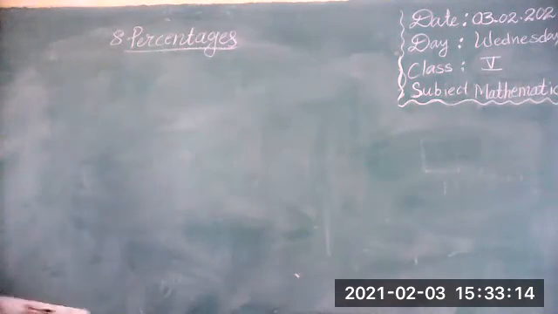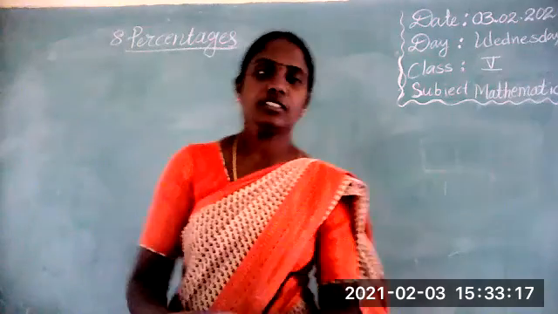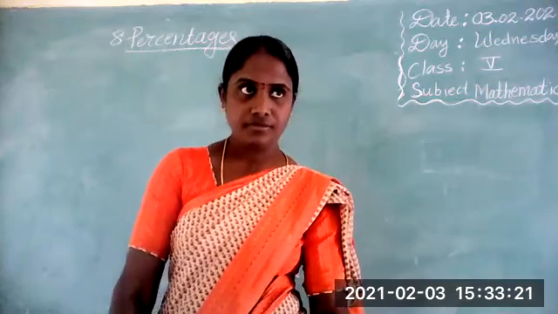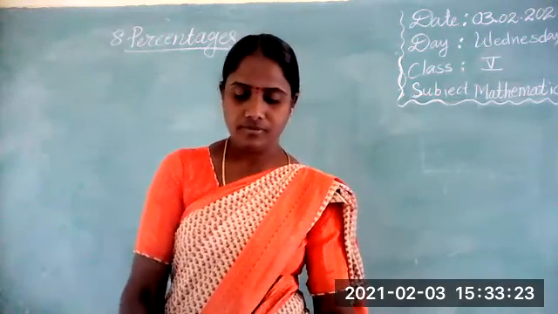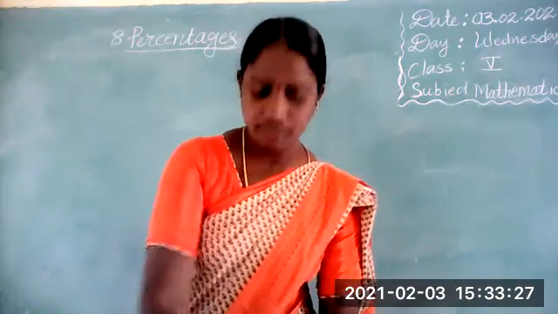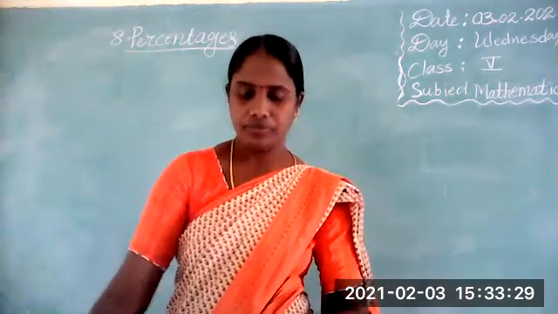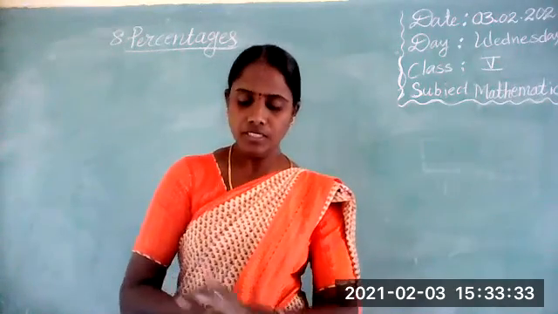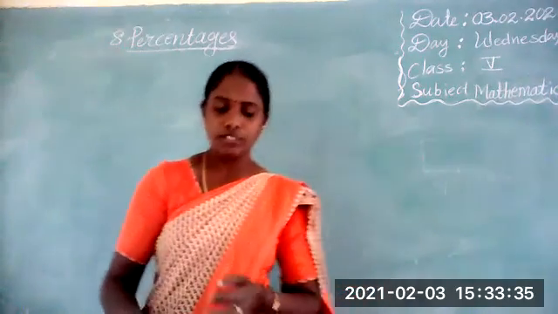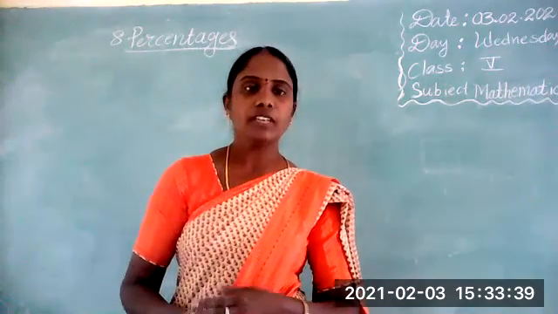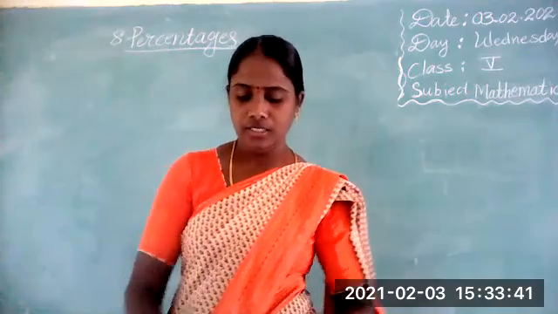Okay, we are discussing the percentage unit. In percentage unit, exercise 8.3, second bit. The first bit is already completed. In the previous class, I explained this one. Second bit: convert the following into fractions and keep them in the lowest term wherever possible.